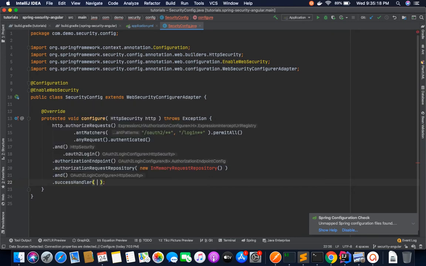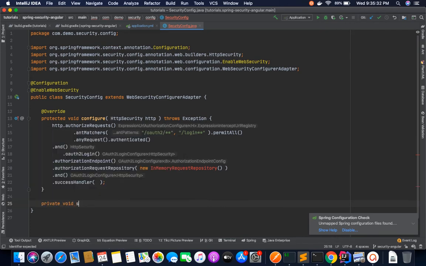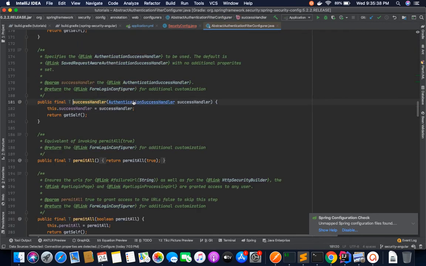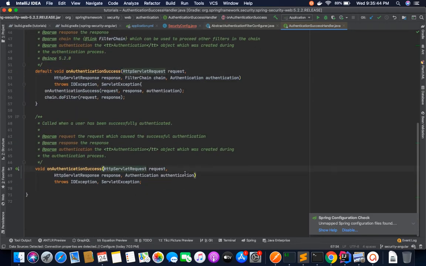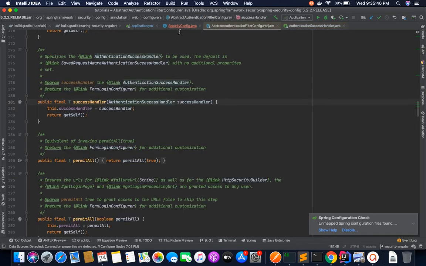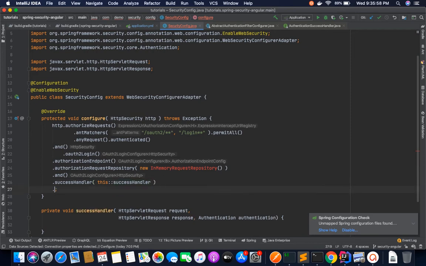So this success handler will convert the authentication object to the JWT token. For this one, I will create one method, success handler, and it should match the signature of this authentication success handler, so it should accept these parameters. I'll put these parameters here. Okay, and the other thing, I need to define authentication